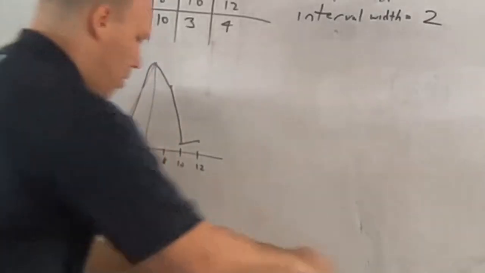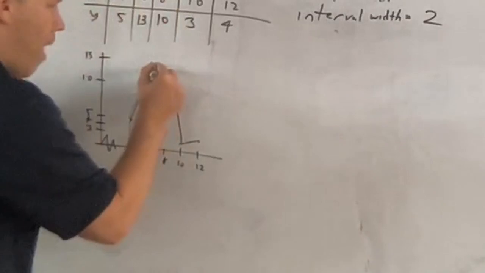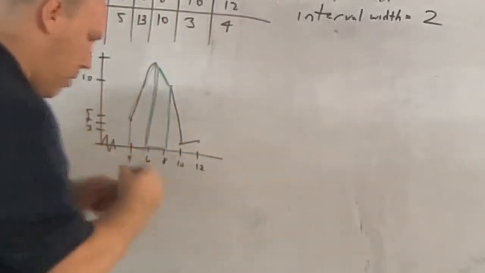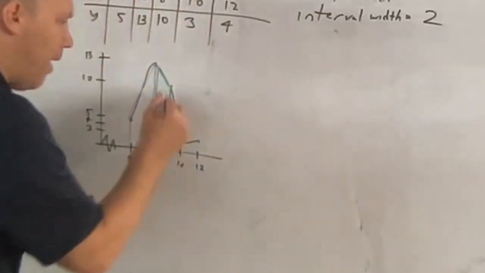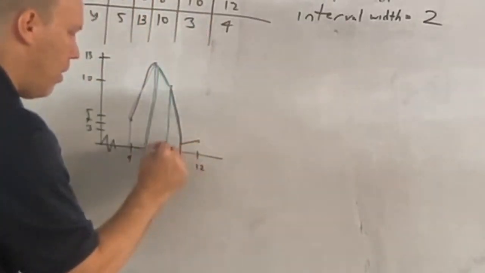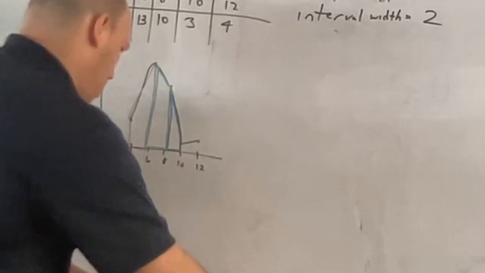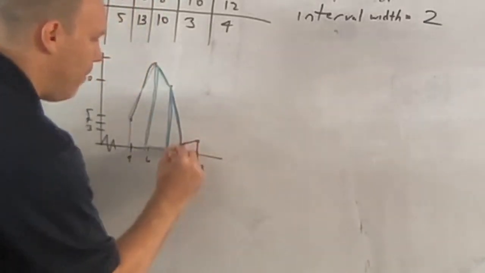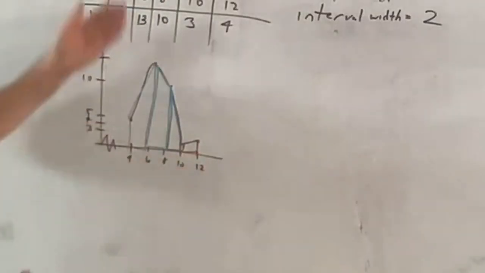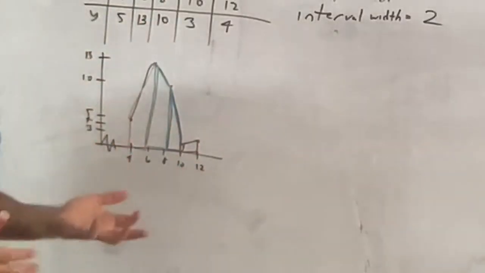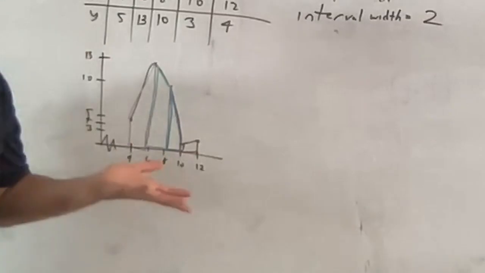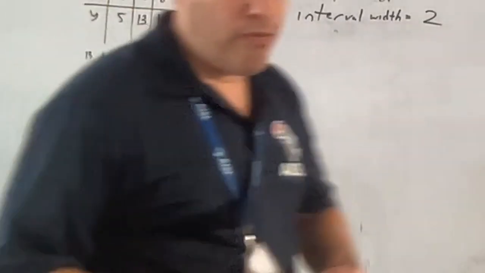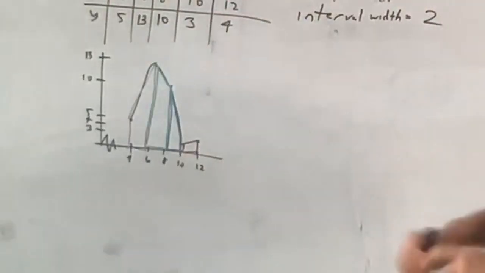Trapezoid, trapezoid, trapezoid. That trapezoid. Once again, I'll say it again, we don't know what this function is, but I'm making trapezoids. I'm finding the area under this curve. So what does the formula say? Okay, well, the formula says to approximate this area,